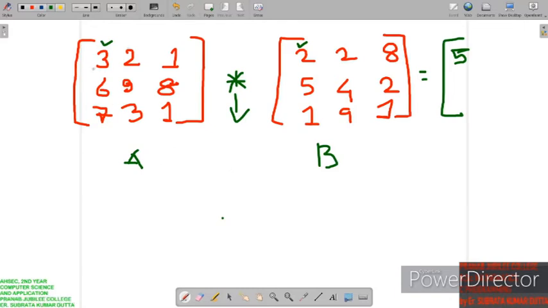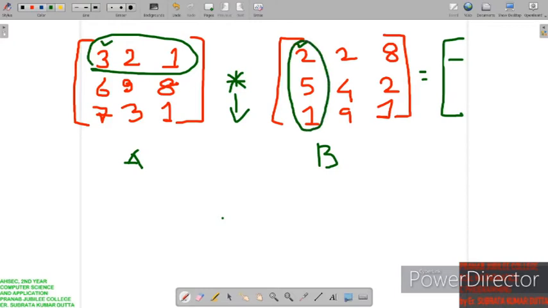Dot product means, for the first element, each element of the first row must be multiplied with each element of the first column of matrix B, and then they will be added.